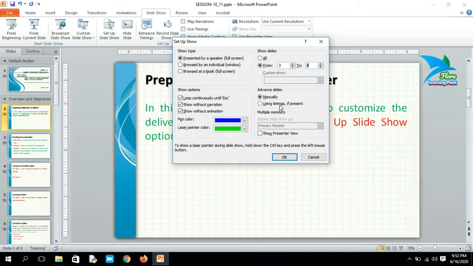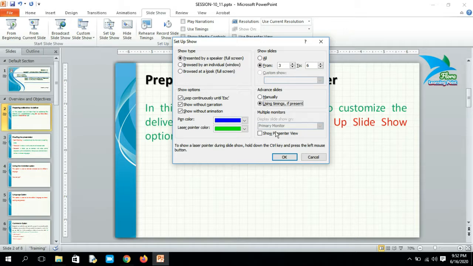That means if you have set any timing in the transitions option, then you can use this option. If you choose this option and set the time, then the next slide will be displayed automatically in front of the audience without any user action, without any presenter action.